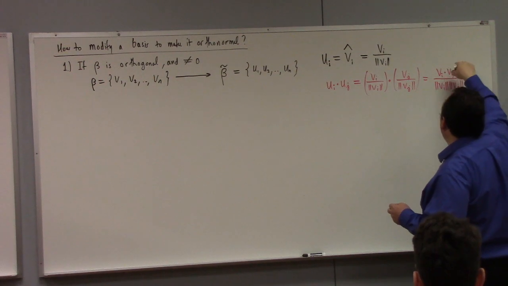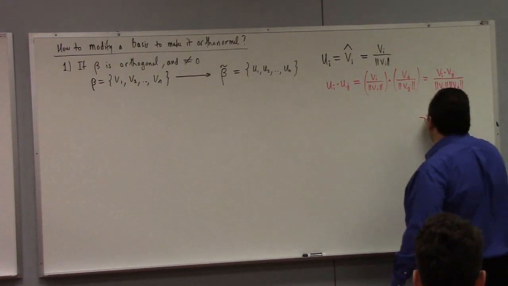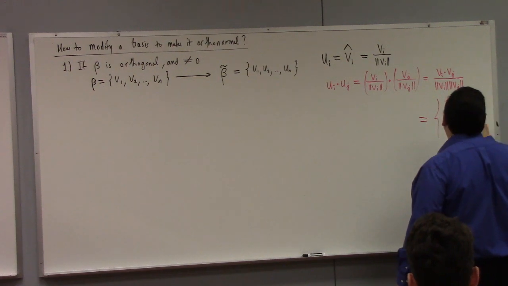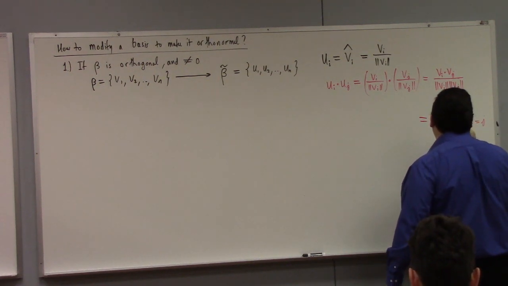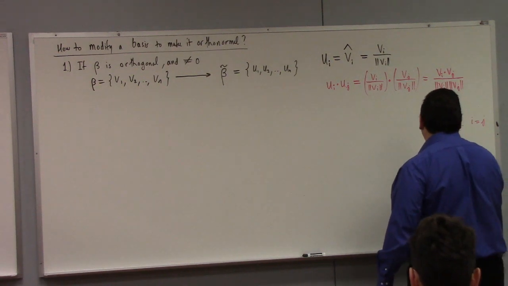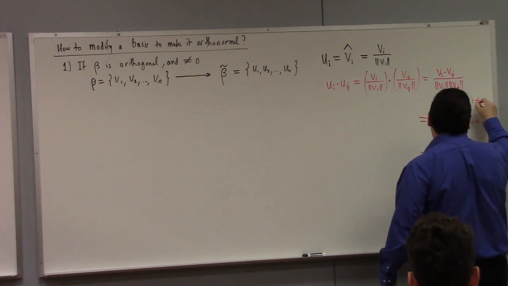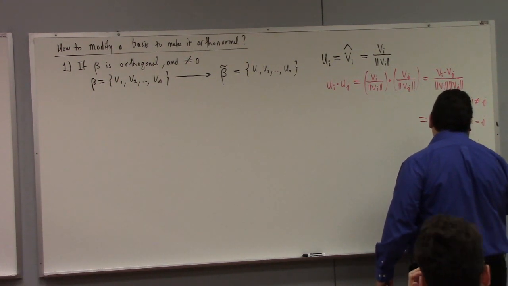But what is vi dot vj equal to? It's either 0, or if i equals j, you've got vi dot vi over the length of vi squared. So 0 for i not equal to j, or 1 for i equals j, also known as